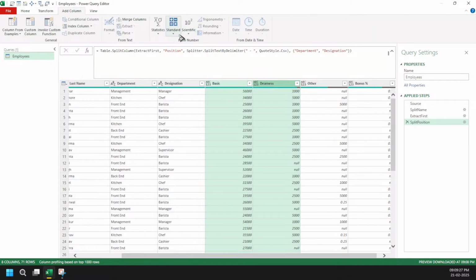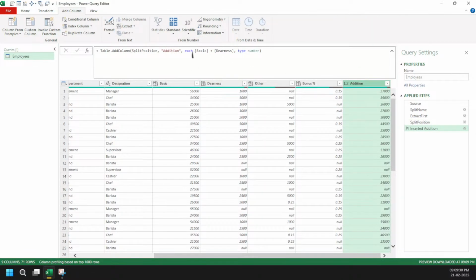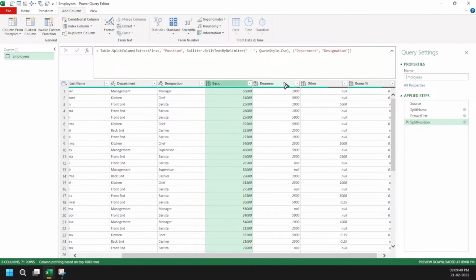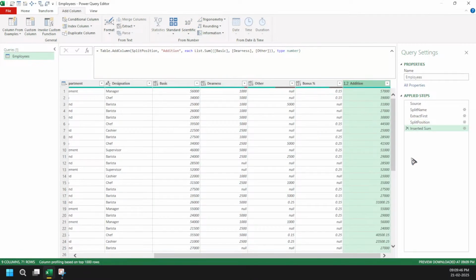Let's see again. When I do addition, you will see it is directly adding first my basic column and then the DNS column, right? So instead of doing that, and you will see here something interesting. If I add three columns here and then do the addition, now I am not getting nulls. Got it? So that's an interesting behavior. Now what is Power Query using? List sum function, right? It is combining these three columns in a list format and then adding them, right? And then the nulls don't make an issue.